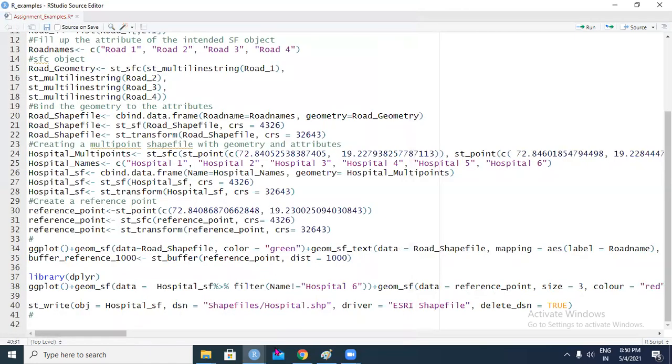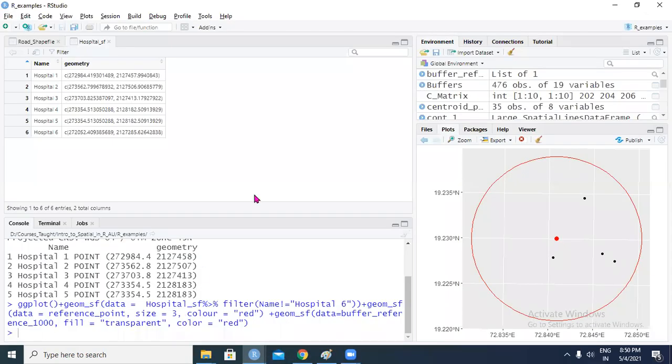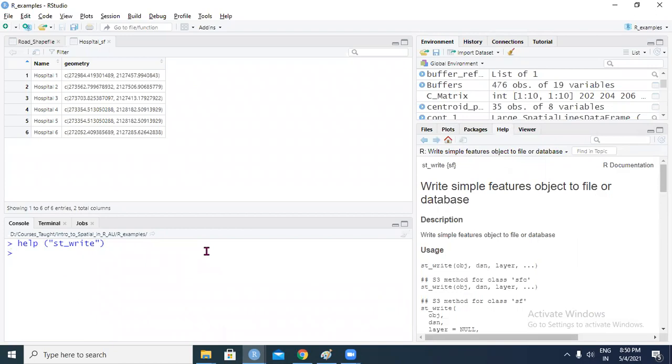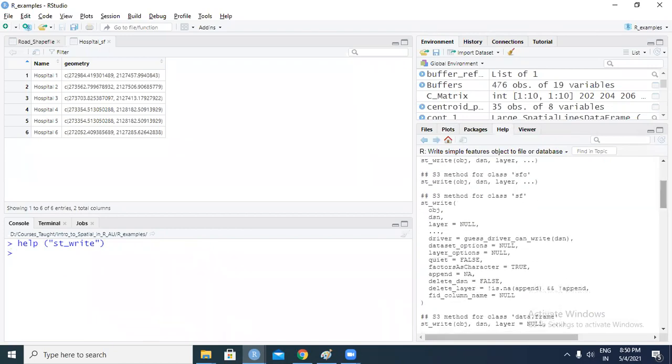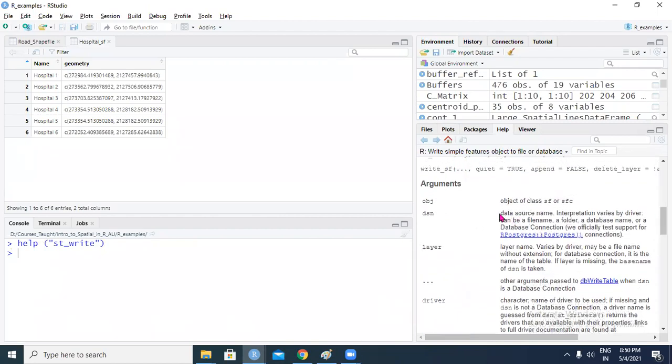Let me just quickly find out from help. Help st_write. Yeah, I think it stands for directory source network. DSN is, oh sorry, directory source name. I'm sorry, my bad. The directory source name. So it's the path basically.